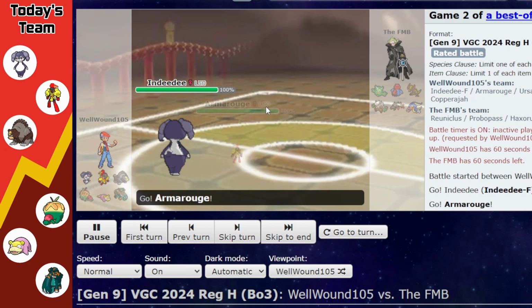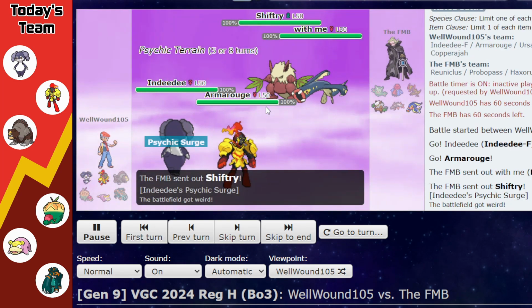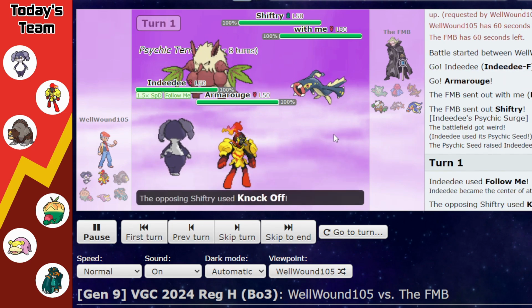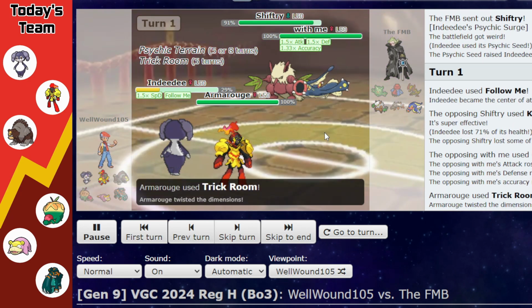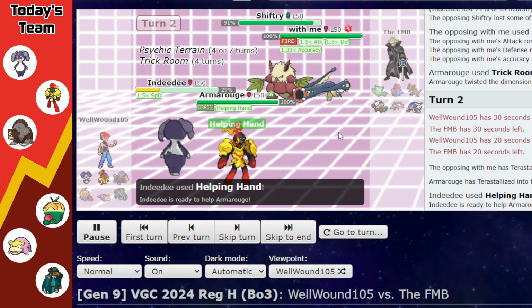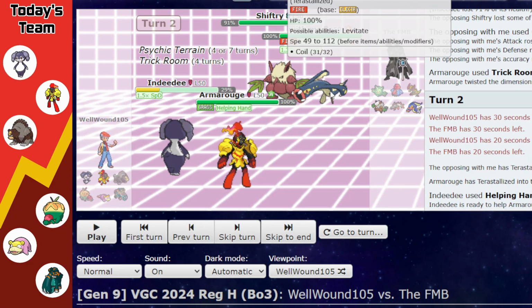So the second game, I decide to lead the same way as before, but this time the opponent decides to lead Electros and Shiftry, which I just decided to follow me, and we take the Knock Off since we used our Psychic Seed, so the Knock Off isn't getting boosted. But the Electros immediately decides to start going for the Coils, but the Electros doesn't really have anything to touch Armarouge, because if I remember correctly, the Electros was like Thunder Punch, Fire Punch, Coil, and something